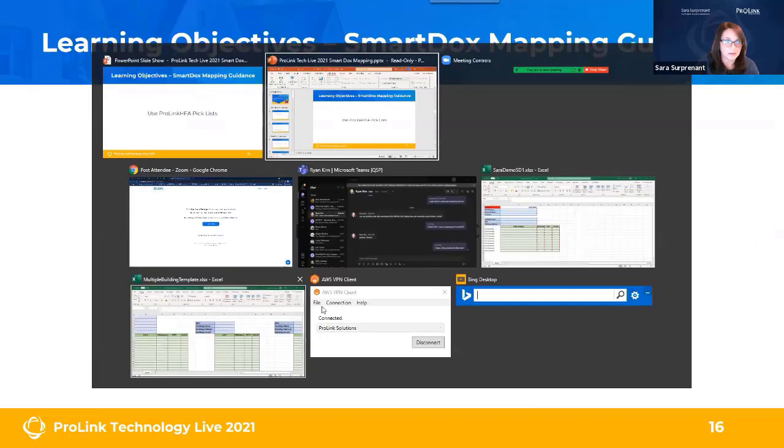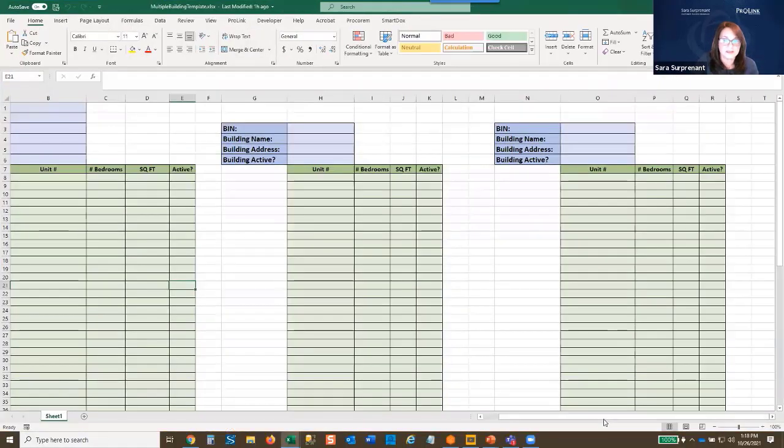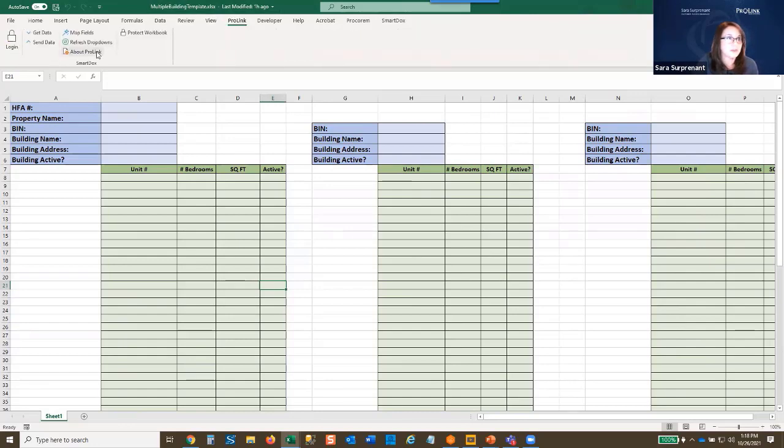So let me bring up my spreadsheet over here. This is just a template I've made. And again, this might look familiar to all of you. I don't have anything mapped on here yet because I wanted to make sure that we walked through this demo and you could see what's on the slideshow in action. So I'm going to pretty much live view everything we just did. I'm going to bring up my About ProLink window,